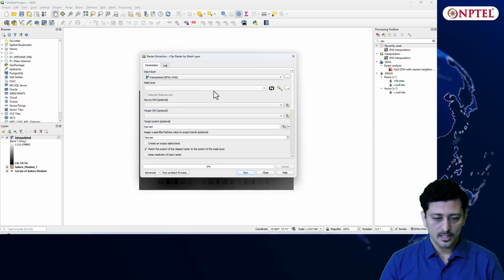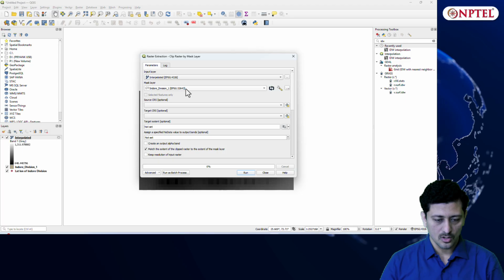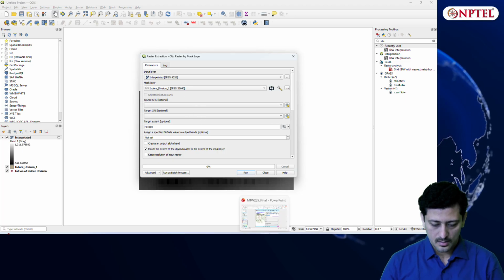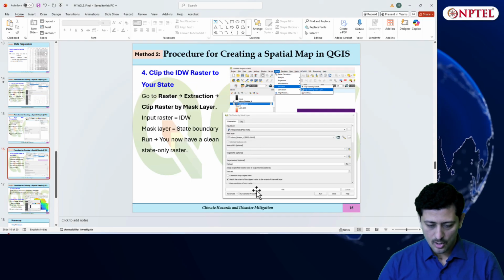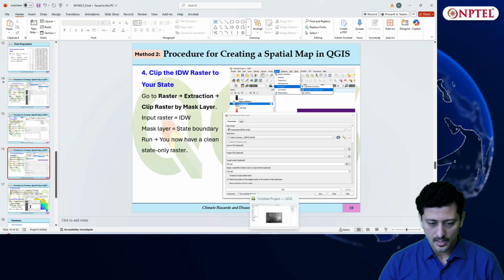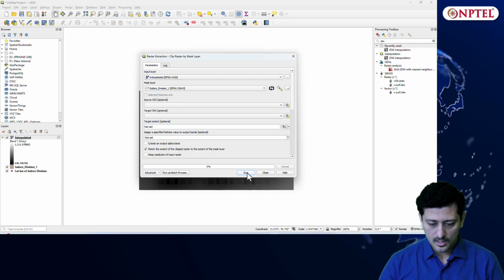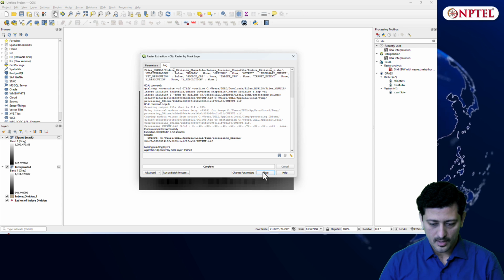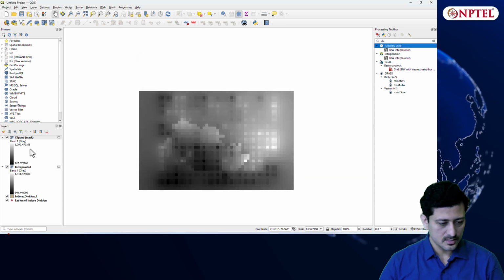Here the input is the interpolated layer. The mask layer is Indore division, other settings are optional. Then you can just run and check the values you get. It is run successfully.